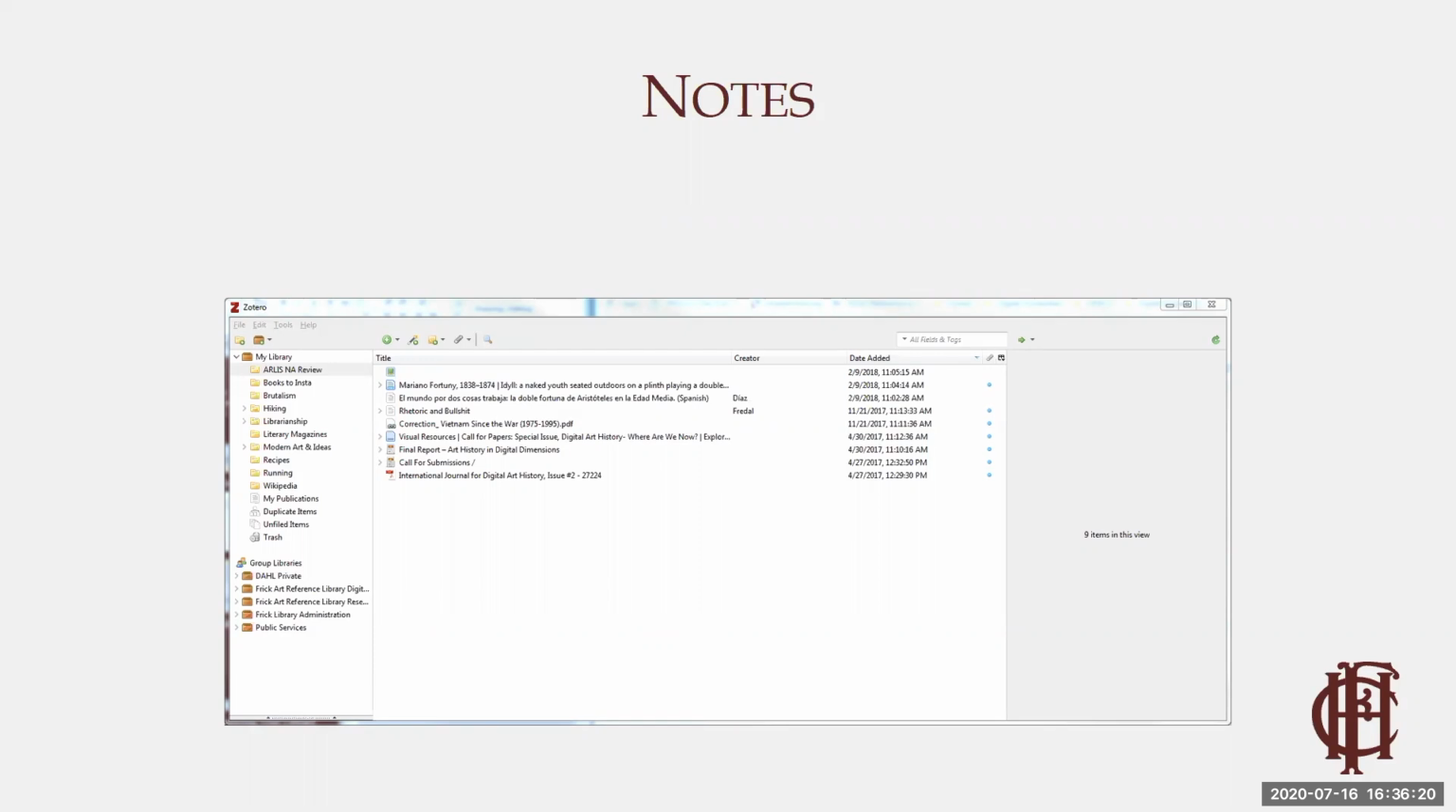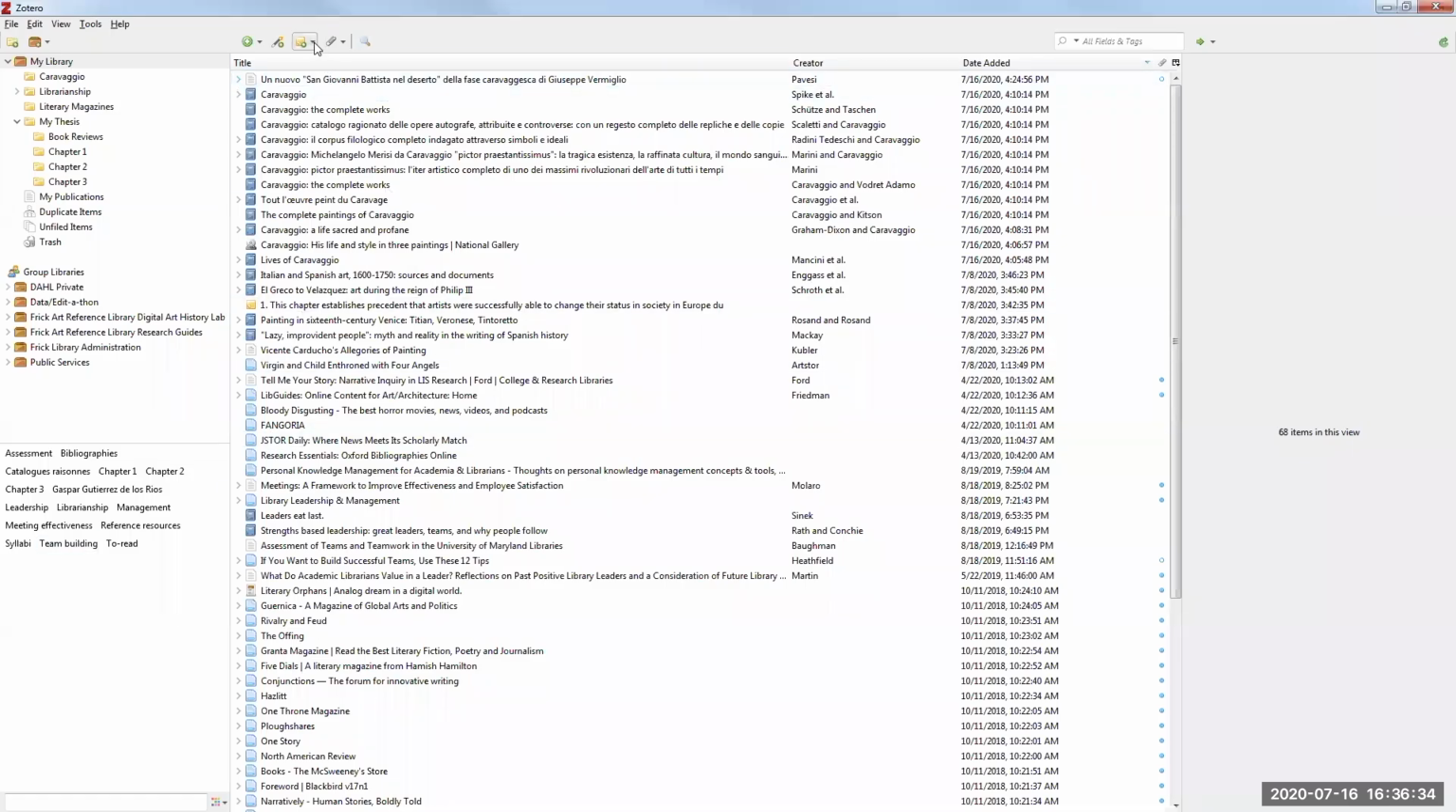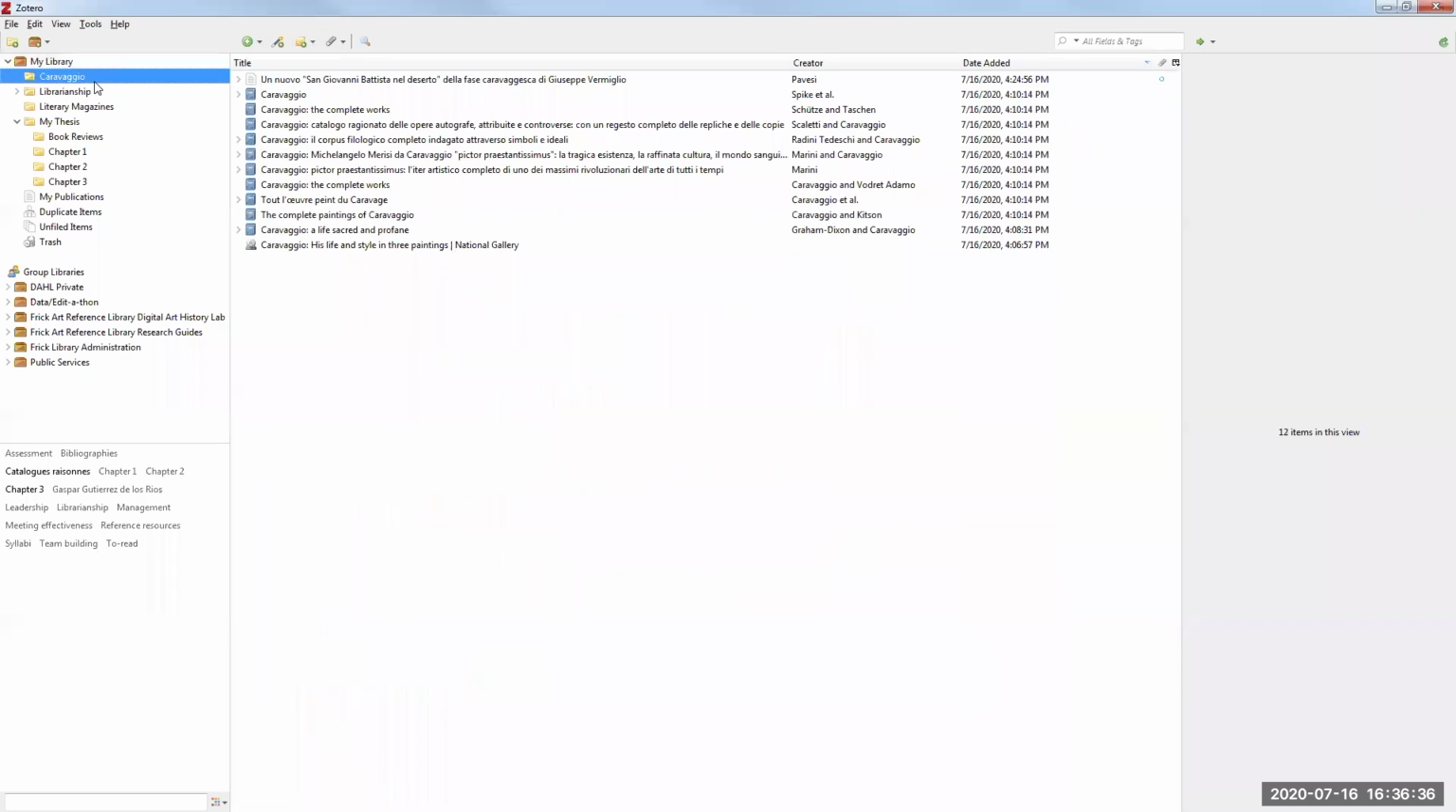So the standalone notes add context about a collection, or they can act as a reminder. And then you can use child notes for context about a specific item. Let me show you how those work real quick. If I wanted to add a standalone note to this Caravaggio collection, I just go to new note, new standalone note,